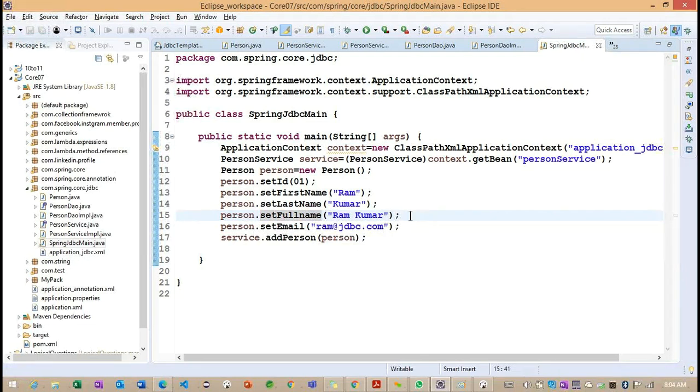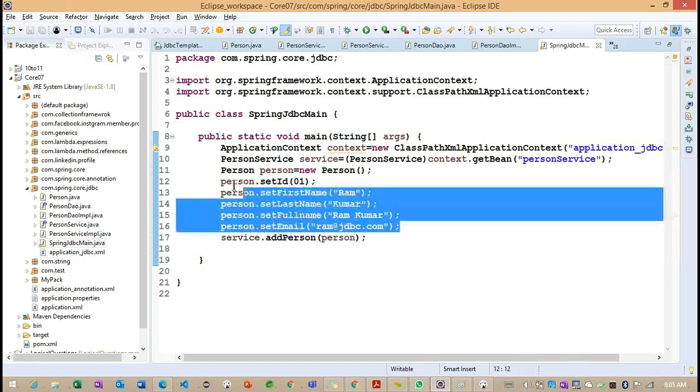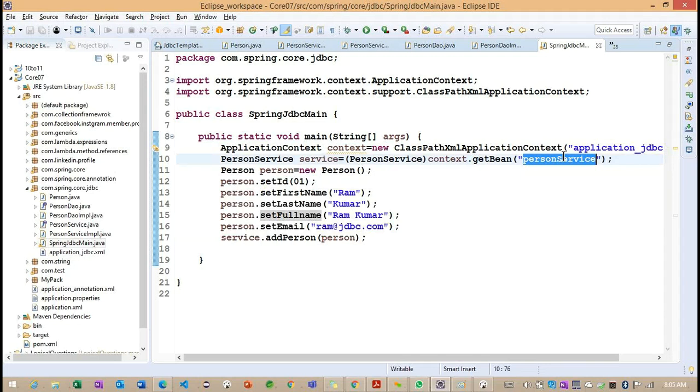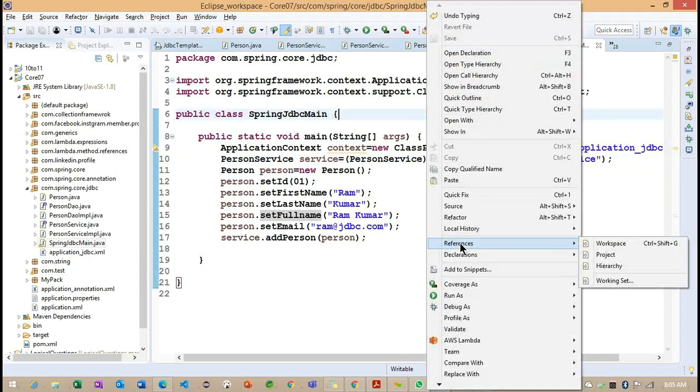Okay. So back to here. These are the object information we are going to store in our database, the Postgres database. If I am going to call this particular person service, can I run this example, or do we need to configure any information here?